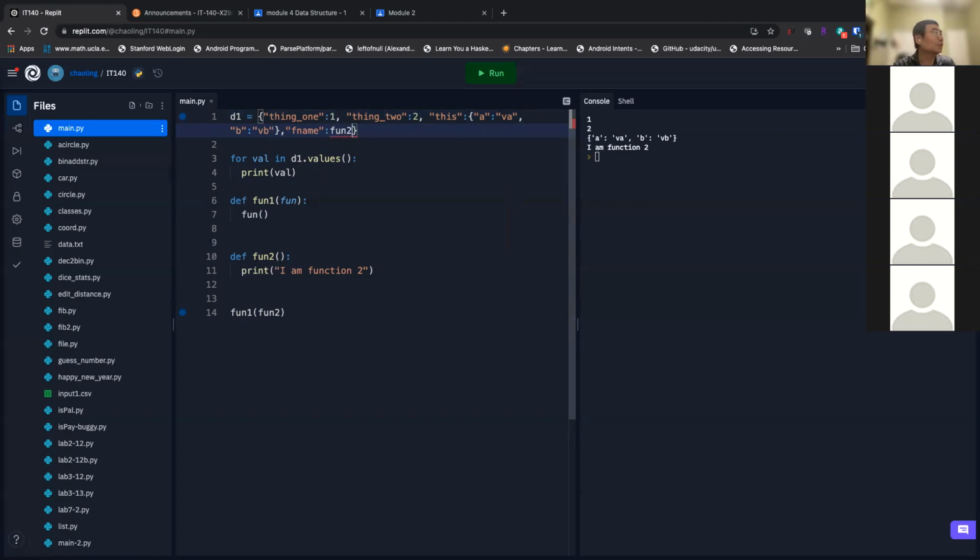I don't know if that's even possible. Probably not, because you haven't defined that function. One, two. So it's a string, right? But you can see that you can call the function like that.